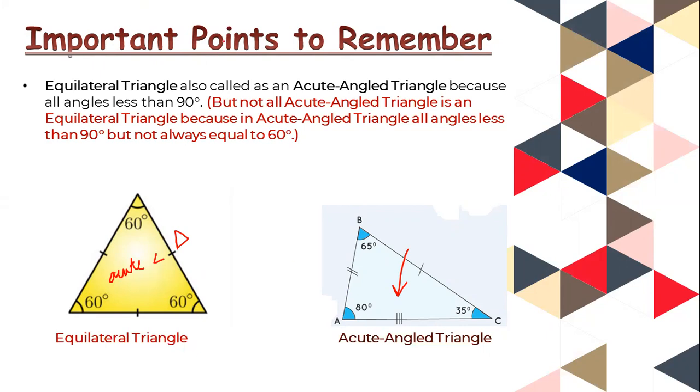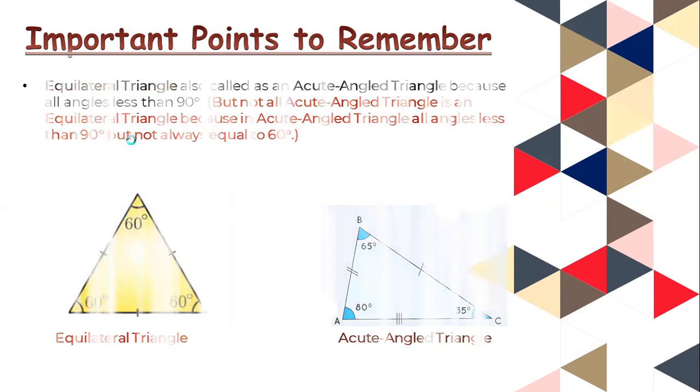मैं अगेन इसको रीड कर देती हूँ इस स्टेटमेंट को। Equilateral triangle is also called an acute angle triangle because all angles are less than 90 degrees, but not all acute angle triangles are equilateral triangles, because in an acute angle triangle all angles are less than 90 degrees but not always equal to 60 degrees. So I hope यहाँ तक आप लोगों को समझ में आया होगा ये पॉइंट।